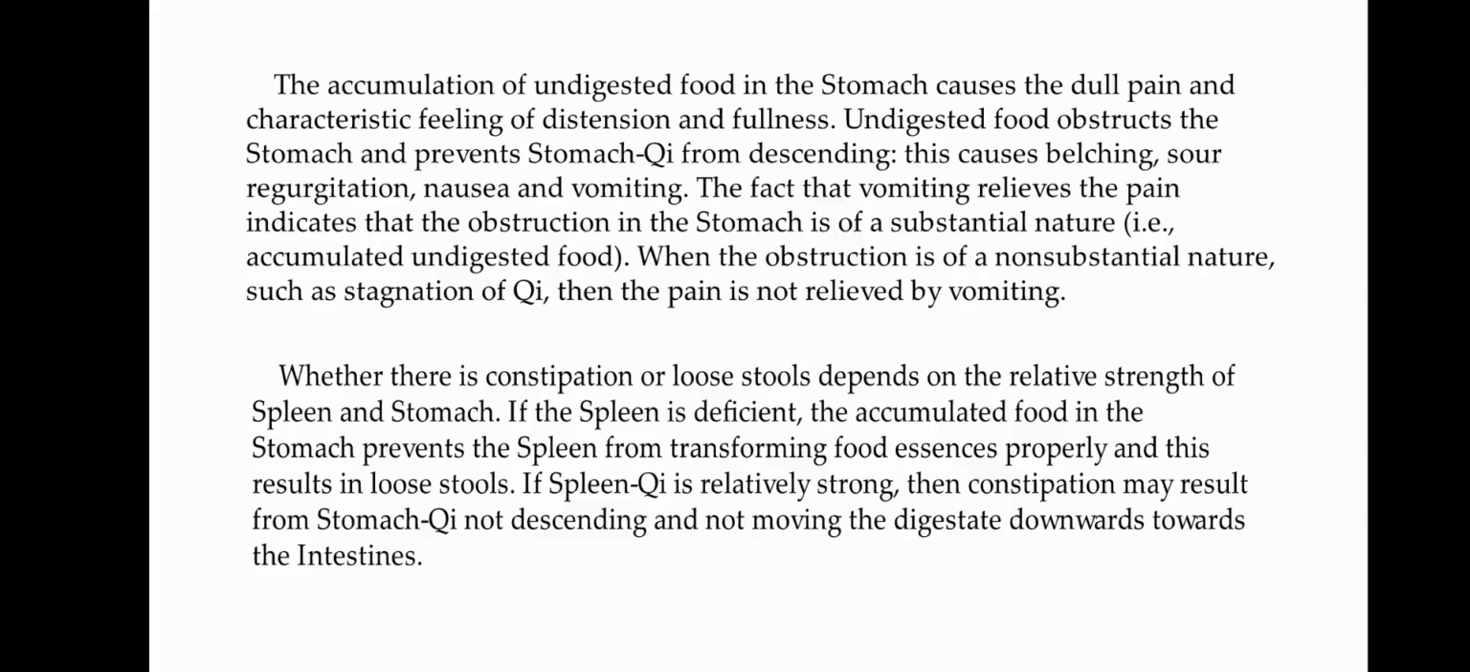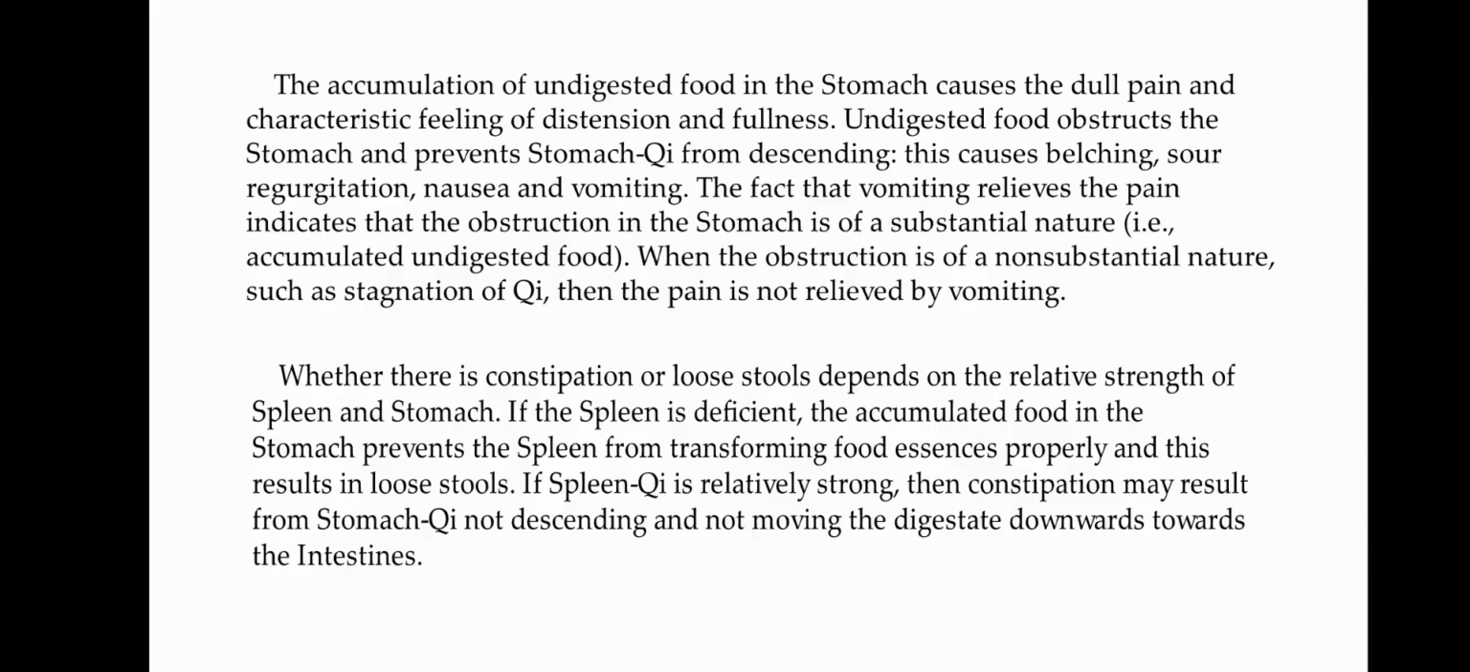Whether there is constipation or loose stools depends on the relative strength of spleen and stomach. If the spleen is deficient, the accumulated food in the stomach prevents the spleen from transforming food essences properly, and this results in loose stools. If spleen qi is relatively strong, then constipation may result from stomach qi not descending and not moving the digestate